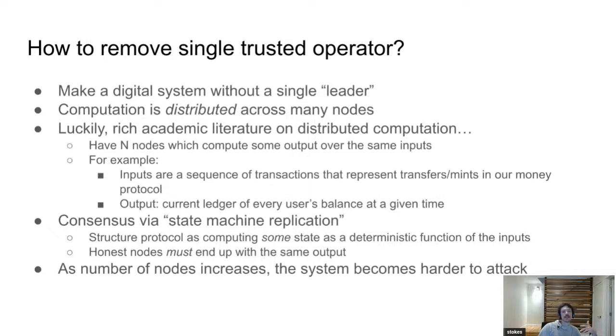So if you think about it, if we have this money protocol, what are we actually doing? People can mint money in the protocol. Let's say I want to buy 100 coins. Then also you can transfer things in the protocol. Let's say I want to send 5 coins from me to you. Okay.